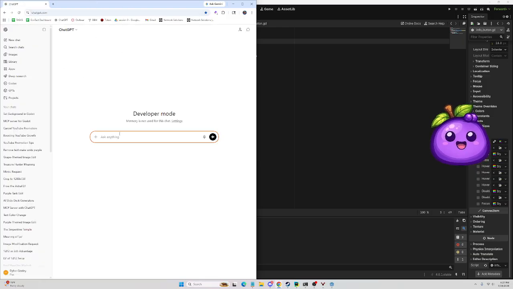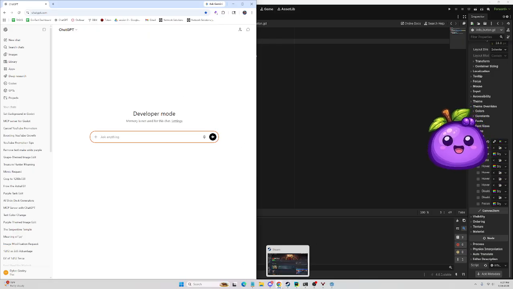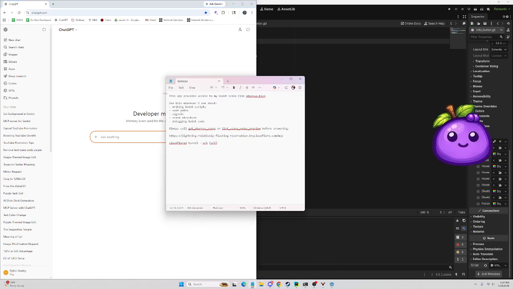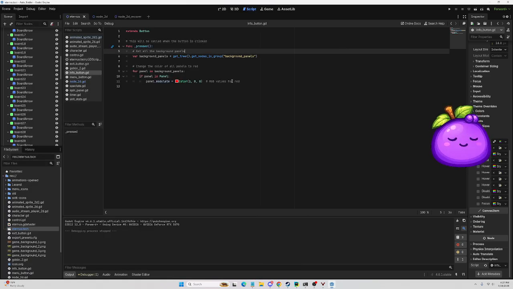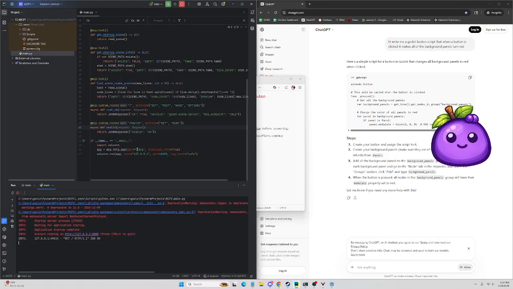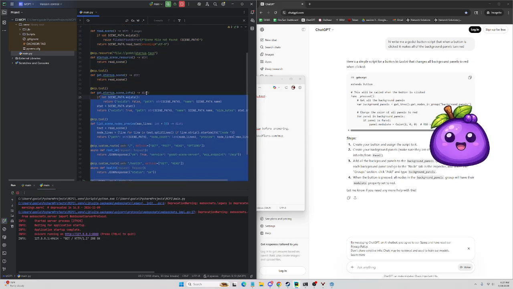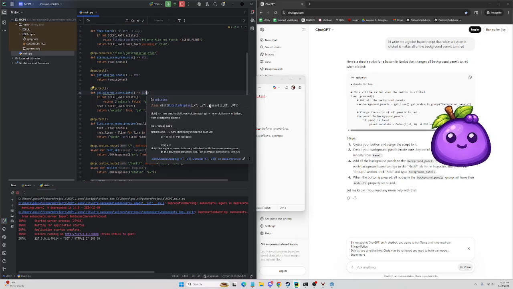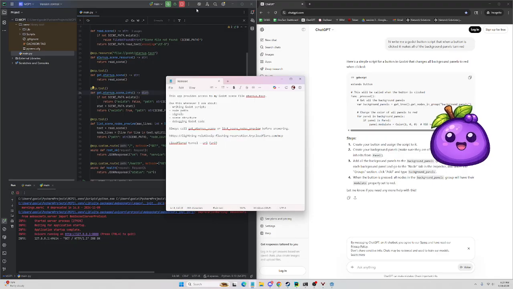Then we're going to go into ChatGPT. We're going to need to use developer mode. These tools don't exist in non-developer mode. And there's a bunch of different tools you can use to expose this MCP server to an HTTP endpoint, and you're going to have to do this because otherwise it's not going to be accessible to ChatGPT online, unless you're going to be doing this using a local tool, which is totally fine. But I tend to find those tools are going to be less supported and a little bit slower. So